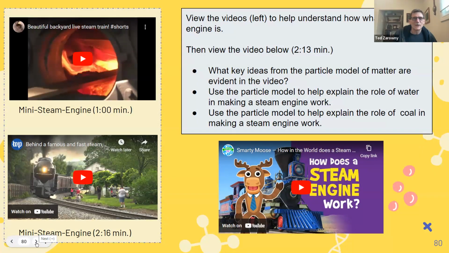At the end of the day, once they take a look at a couple of videos of what a steam engine actually looks like, the concept of the steam engine is on the left and how it works is described at the bottom. After that video, maybe students can answer those questions: what ideas from the particle model of matter are evident in the video, and then use some of their knowledge to respond to the other statements there. One potential transfer or assessment piece, because once again, it's a brand new context, but the same understandings are being applied, and that's what transfer is really all about.